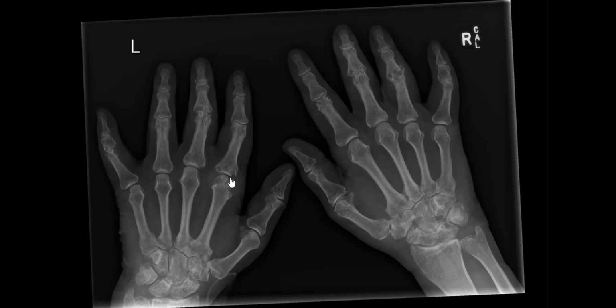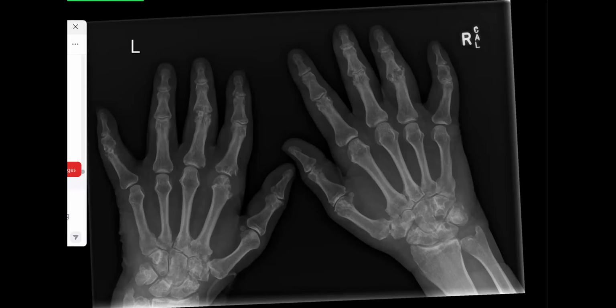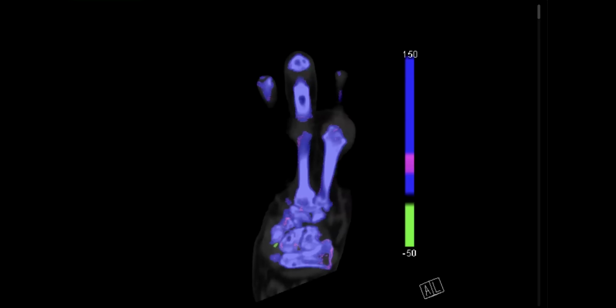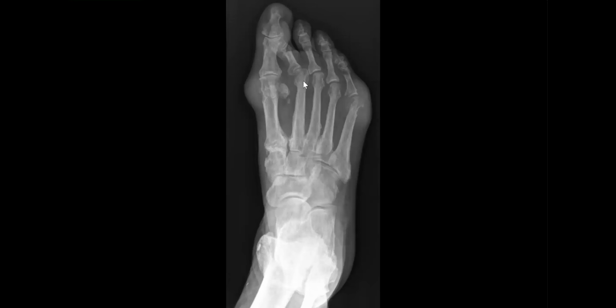What about the description of this type of erosion? It has overhanging edges, very well defined. It's a very well-defined erosion with overhanging edges, like a punched-out lesion, with some soft tissue swelling. So with these criteria, the diagnosis will be gouty arthritis. You expected to see gouty arthritis in the feet,